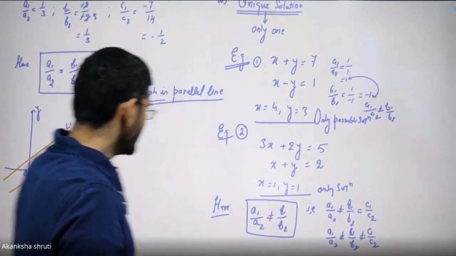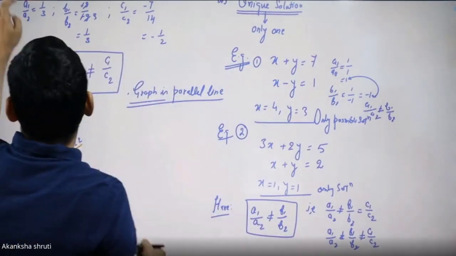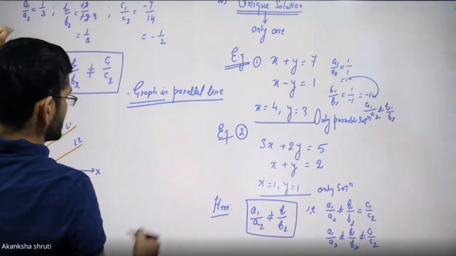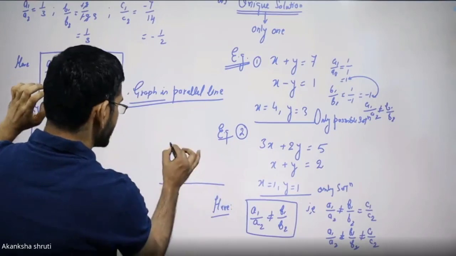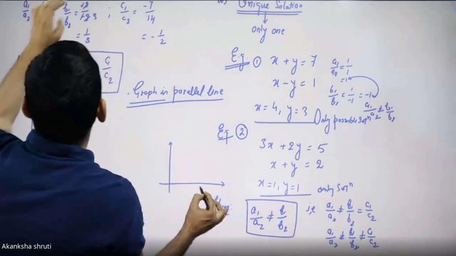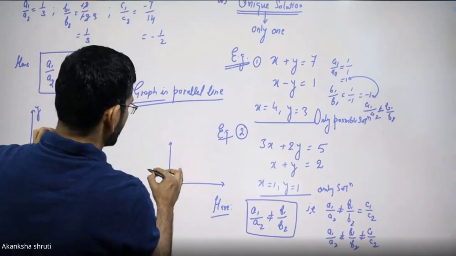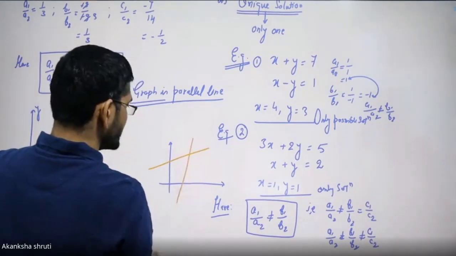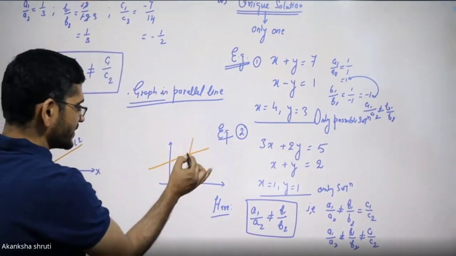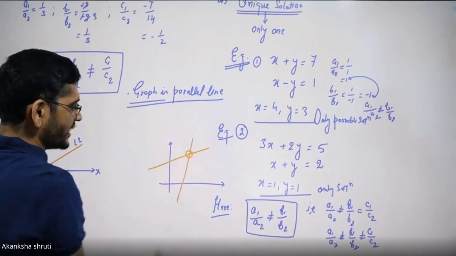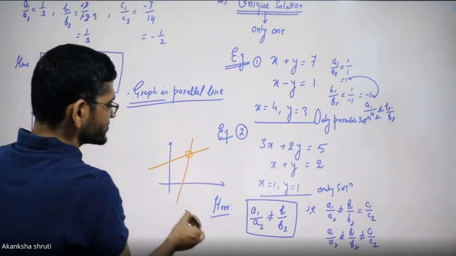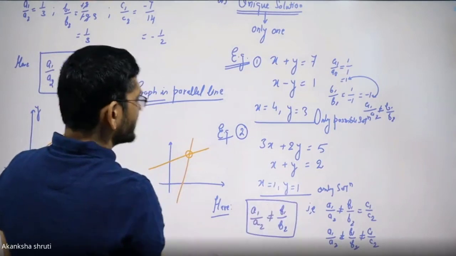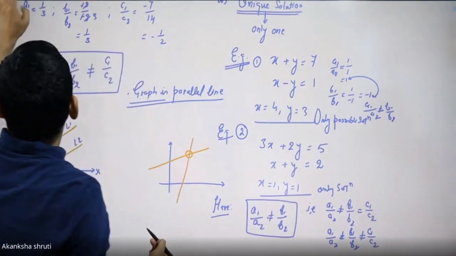Students, if we draw the graph for this second case, you will find that the graph will surely intersect at only one point. They will not be parallel, rather they will intersect. Whatever this point, the coordinates of this point, the x coordinate and the y coordinate, give this x and y value. That much simple. Why?